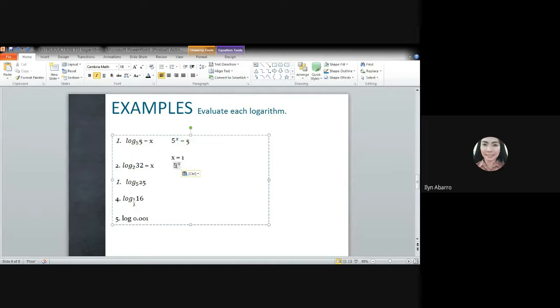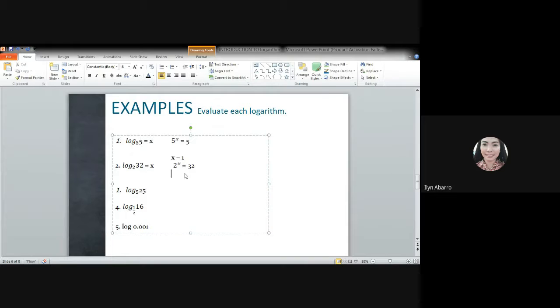So, base 2. So, our exponent is x. So, we're going to solve for that. Is equal to 32. So, again, our first goal is to rewrite the base or make the base equal. So, 2 raised to x,